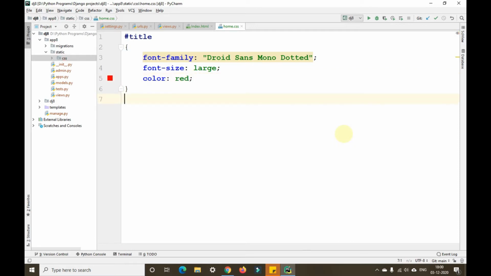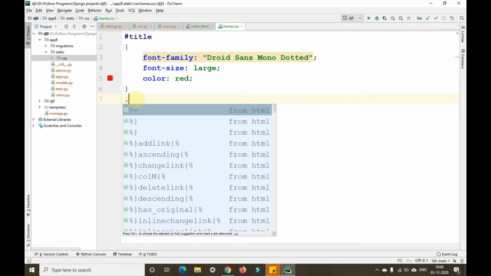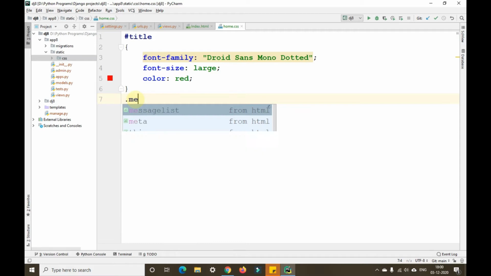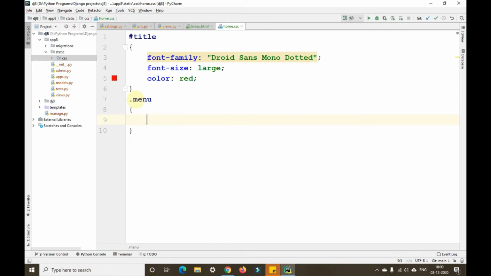Then I'll give another class. Hash is for IDs here. If we put a dot and the class name of that particular class, then we can use it at multiple places. So I'll give here class menu. Then I'll open this tag here.